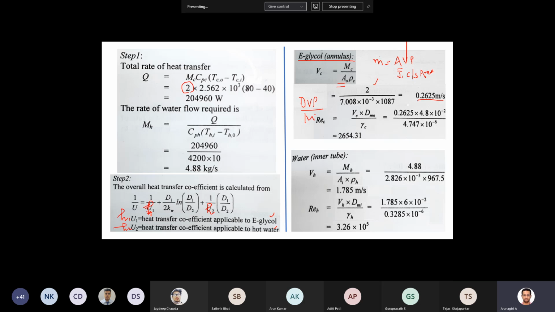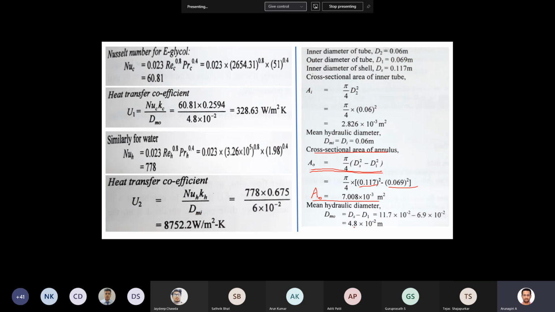So this is flowing in the annulus. You have to calculate the equivalent diameter or hydraulic diameter. This is for heat transfer purposes, no? So you have to calculate this D_e, that is 4 times R_H. You know that R_H is the hydraulic radius. So you can calculate the net flow area or cross flow area divided by the wetted perimeter.